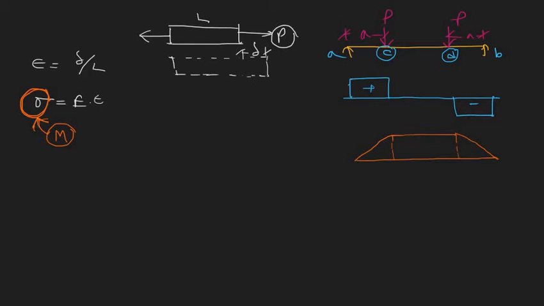We will use simply the concept of stress due to tensile load or compressive load, and in this case we will have only the bending moment, no shear force. Here you can see that for this beam from C to D there is no shear force. The shear force is simply 0, and you have only bending moment,